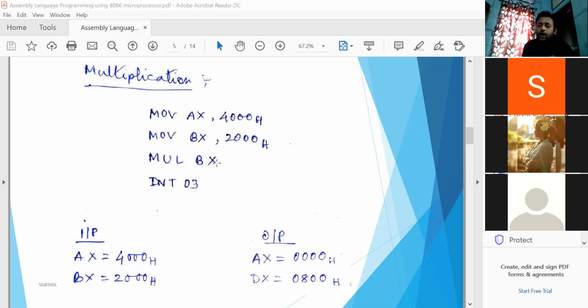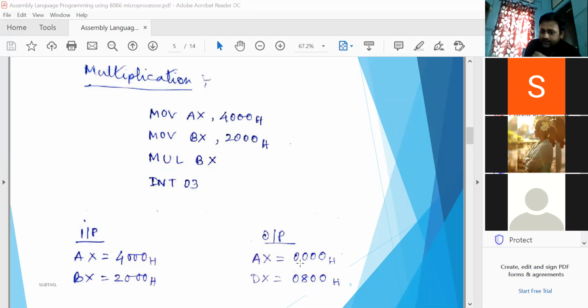If you multiply two 16-bit numbers, the result may be 32-bit. This 32-bit number can be saved in this way: the lower 16 bits will be stored inside the AX register and the upper 16 bits will be stored inside the DX register.